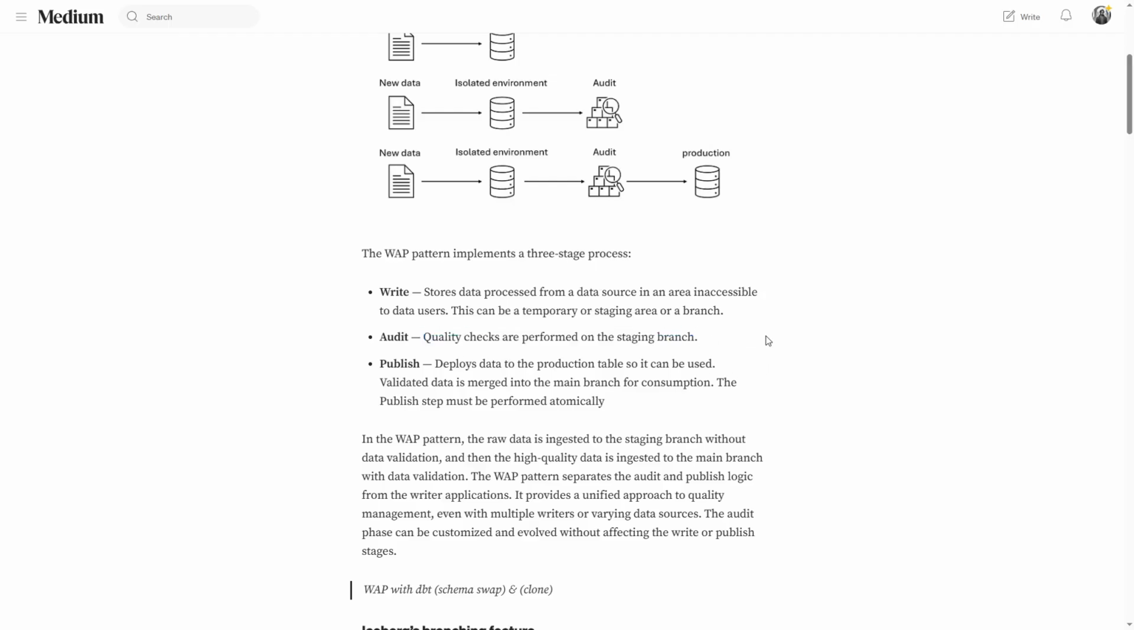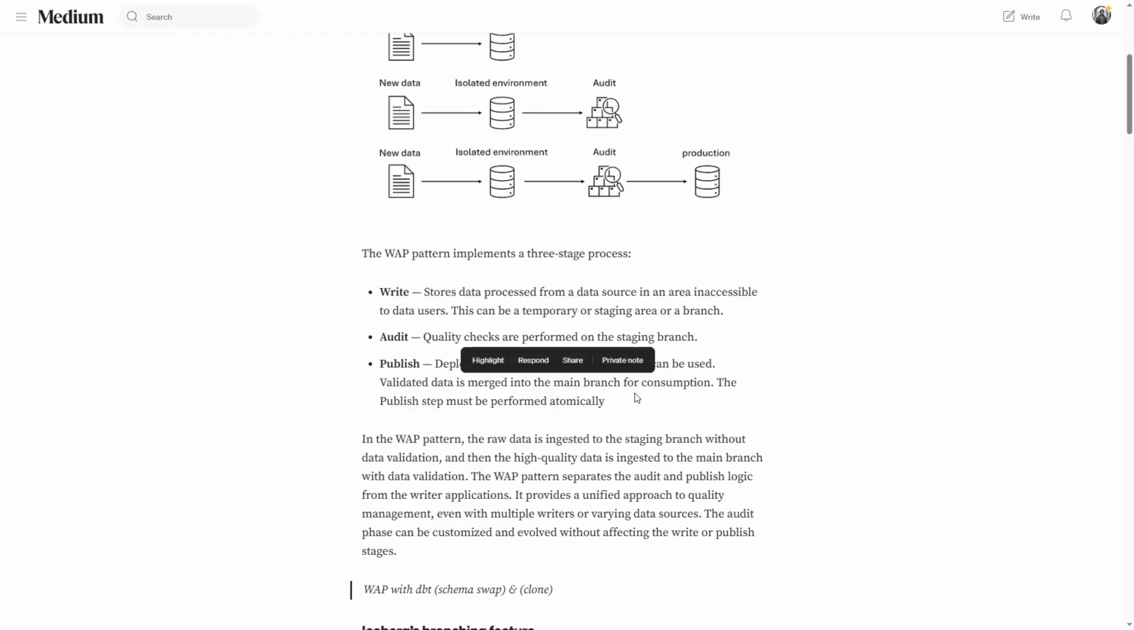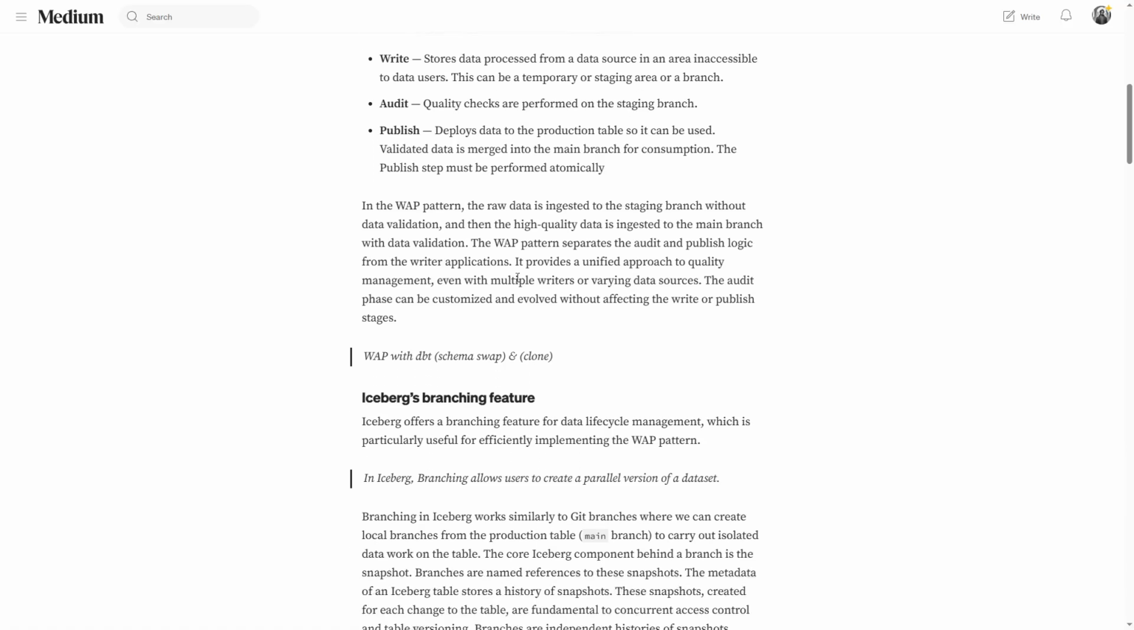In the audit step, we perform quality checks or business rule checks on the staging branch or the staging area, and once we are done with that, we publish the data to be consumed by the end users. So this is what the write, audit, and publish pattern is used for, and it is heavily used in